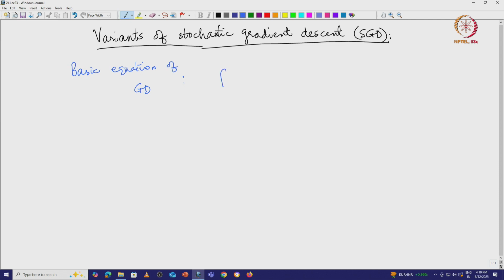You update the parameter vector, so beta j k plus 1, where k is the index for the iterations, and here I am writing this for the jth parameter